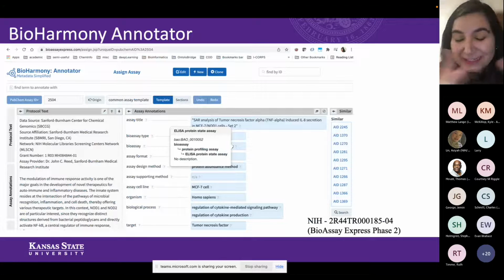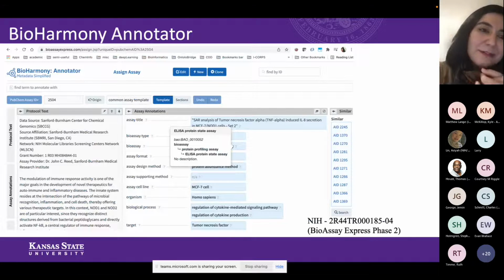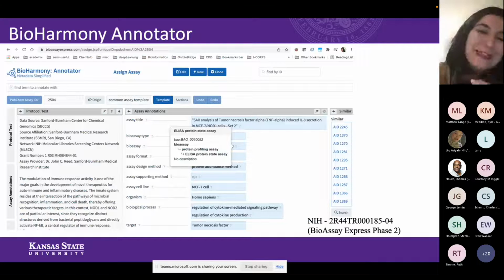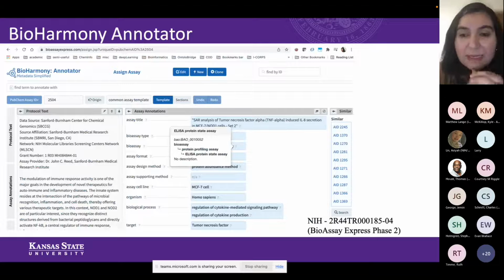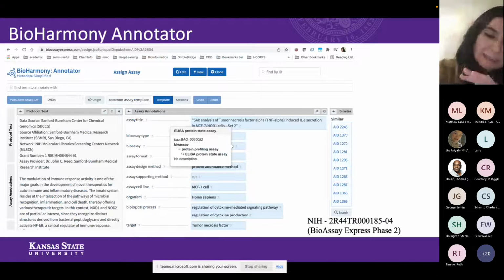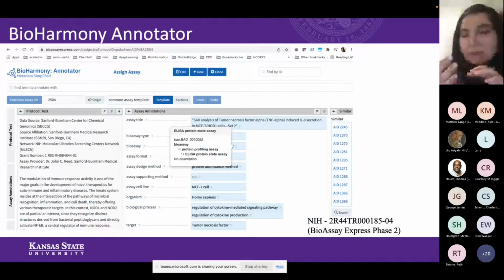As I was mentioning, the ontologies I designed were used by Collaborative Drug Discovery in the Harmony annotator. And with these ontologies, or parts of the modules of the ontologies that I built, in the backend, we were able to annotate human readable text in machine readable format using the ontology terms that we generated. So that is exactly the kind of use case that comes into play when you're really using the ontology.